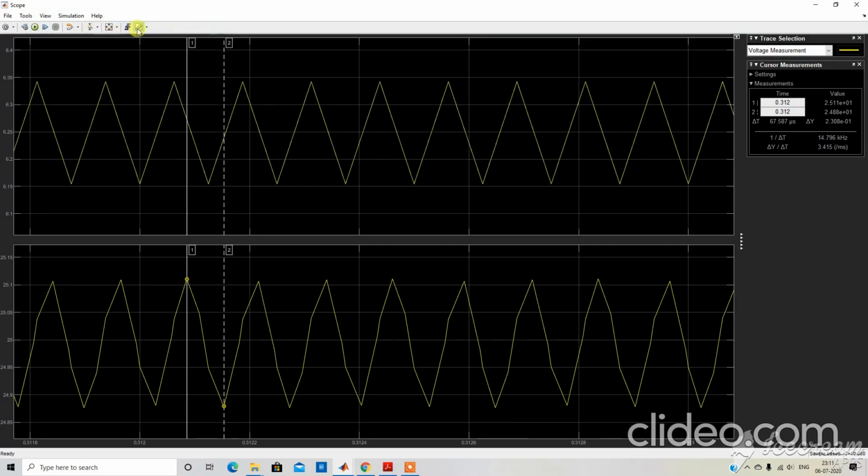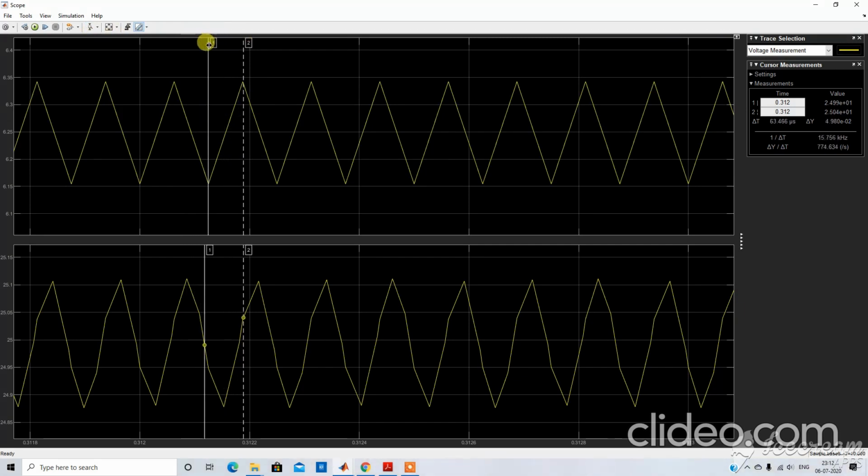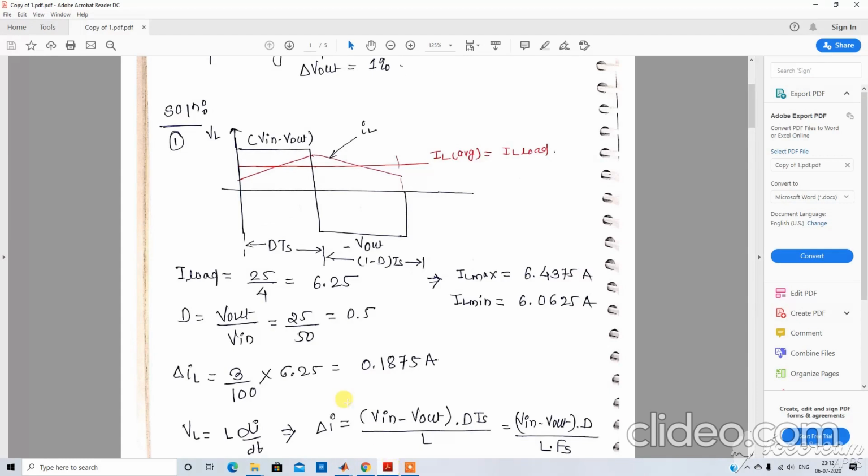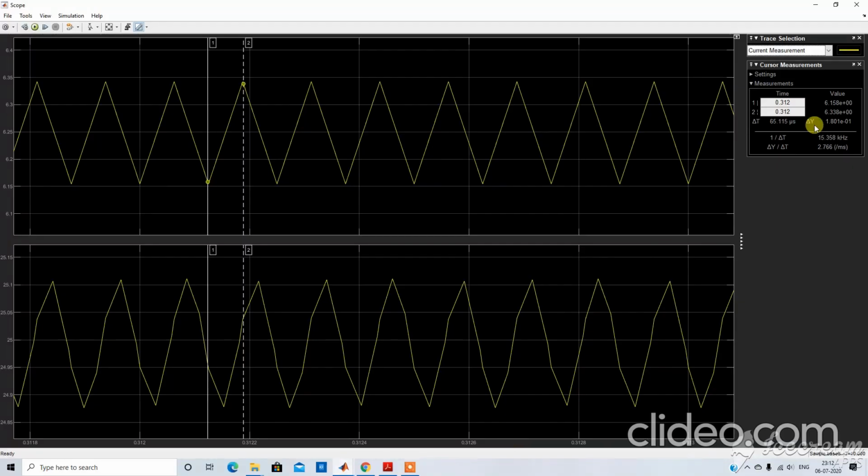We go to the current measurement. We want the current ripple to be 0.1875 ampere and we are getting 1.8 e to the power minus 1, that is 0.18. So it is verifying our calculation.